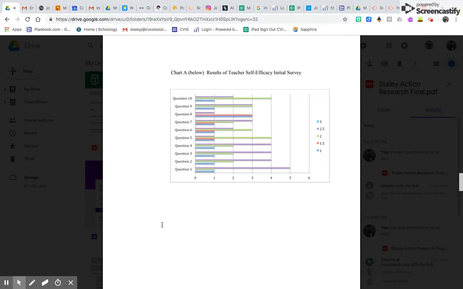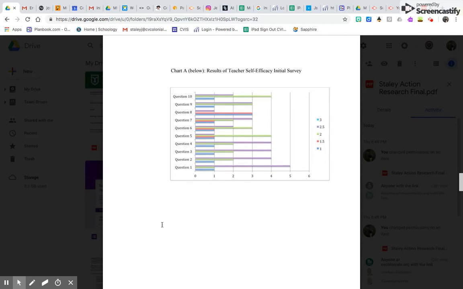Now you're looking at the results of my initial teacher self-efficacy survey, those questions that we just looked at. When I did the post-assessment, which I'll show in just a moment, you can see that there was a definite increase in self-efficacy.